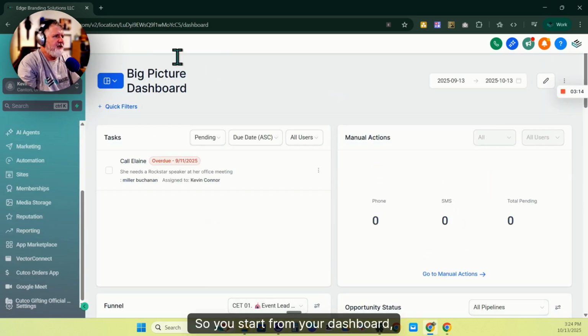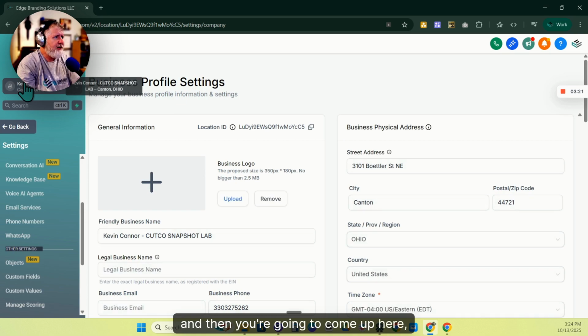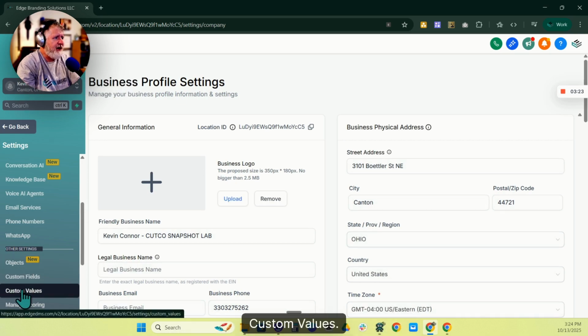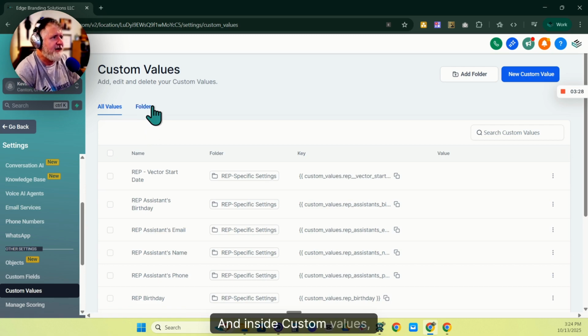So you start from your dashboard. You're going to come down to settings, and then you're going to come up here to custom values. And inside custom values,